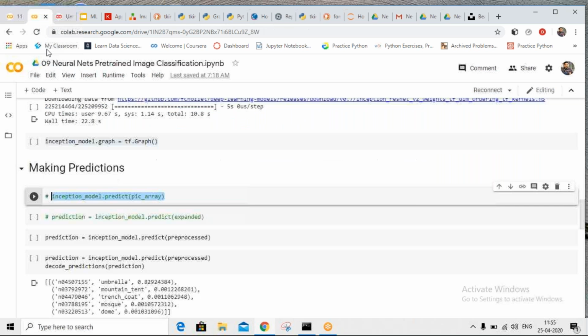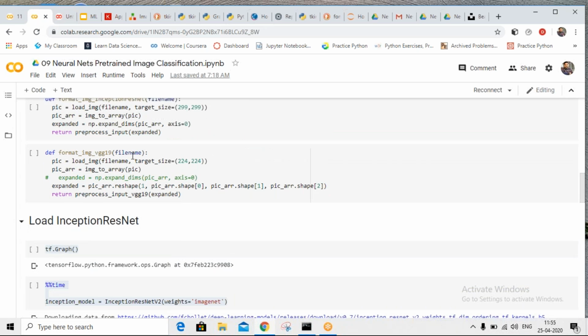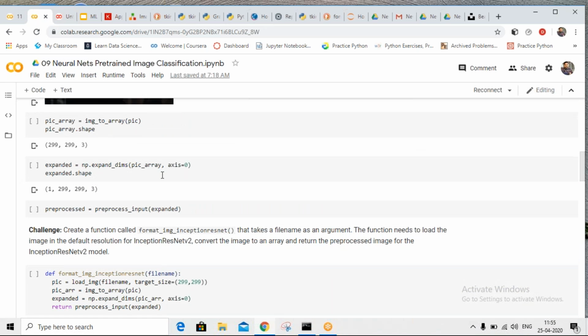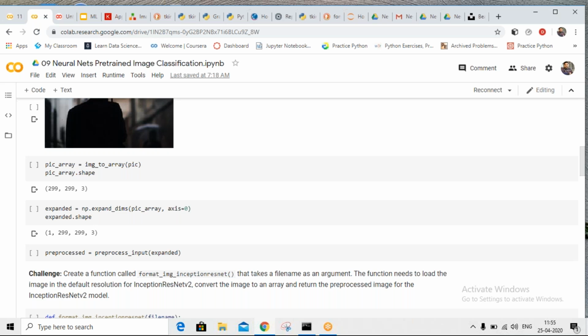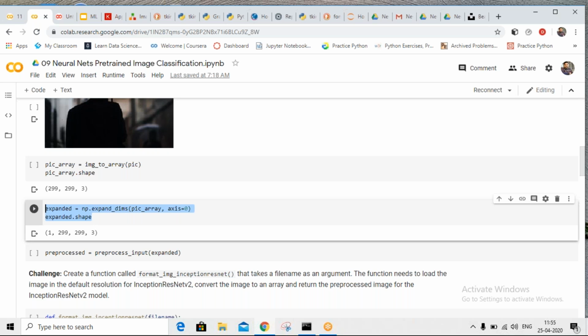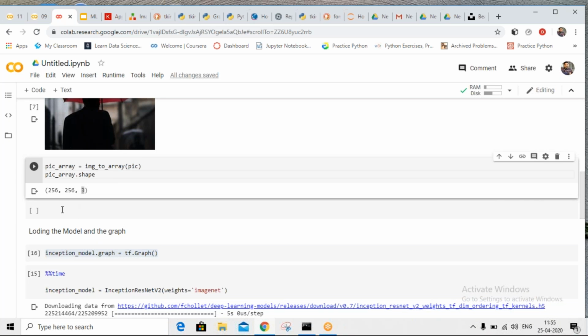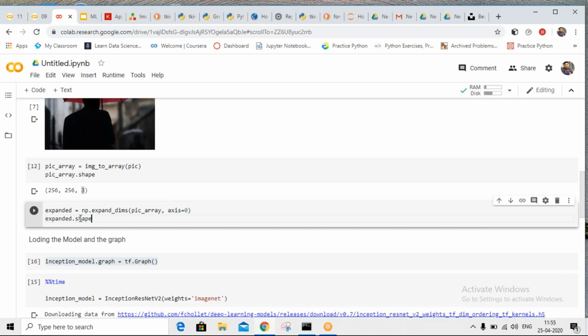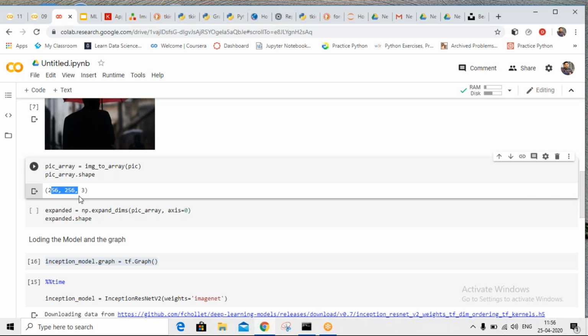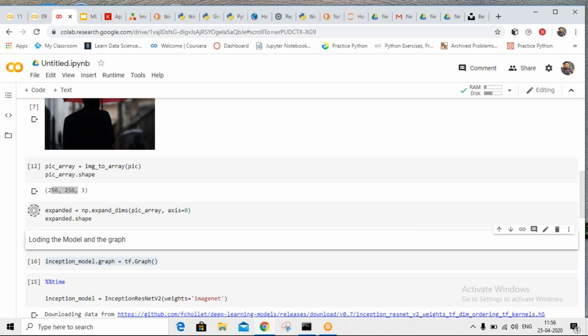Let's see what happens in that case. I'm going to do the reshape basically. I'm going to expand the dimension of my image that I have. So I will go back and over here I will just type expand dims, axis is 0. Now you can check the shape. It's coming out to be 256, 256, 3. If I run it,